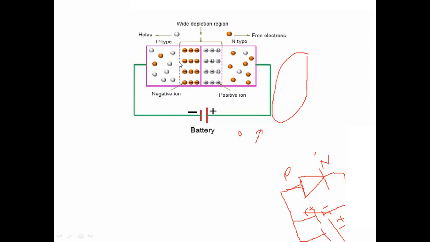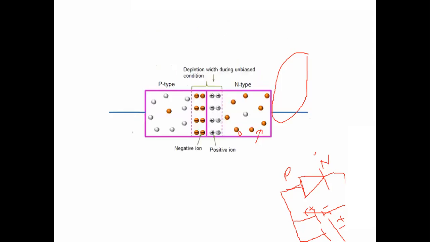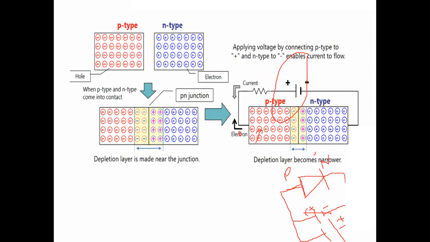So the depletion region between the P and N type in a p-n junction diode increases, and due to that there is no current flow due to the majority charge carriers. Whereas in forward bias condition, the majority charge carriers will break this barrier junction, and the current starts